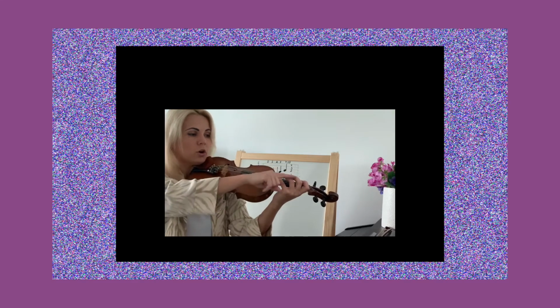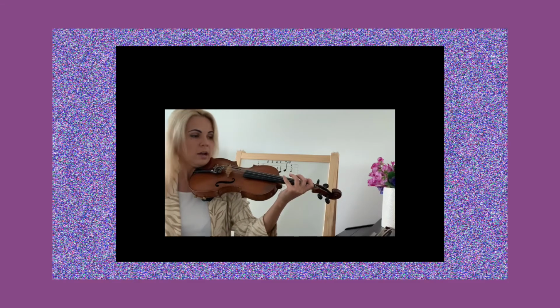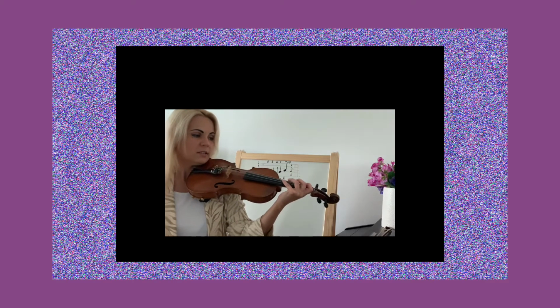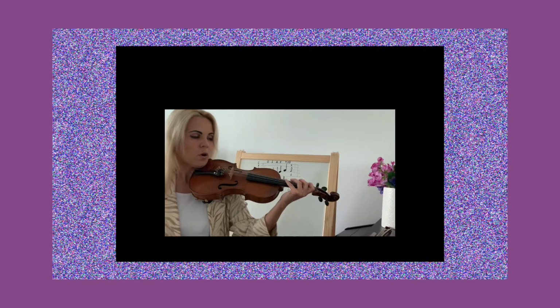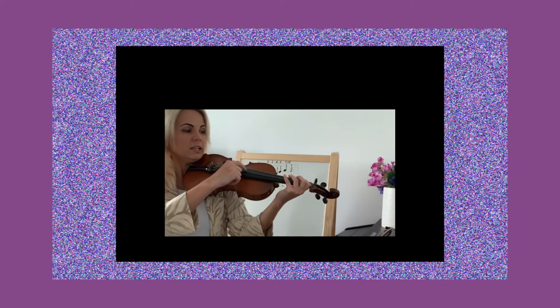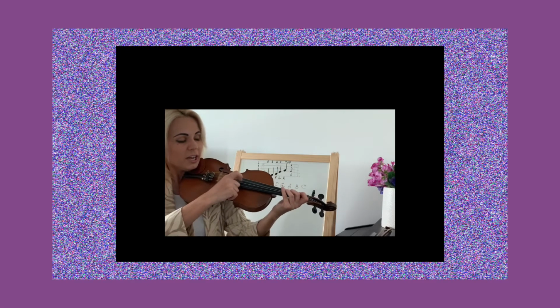Don't forget to hold your fingers above the string, which is something we were talking about in the lesson when we were learning notes on string A. The same story here. Your fingers need to be above the string all the time. Okay, and our second exercise. D, E, D, E, piano, piano, D, F, D, F, increase, crescendo, more crescendo,